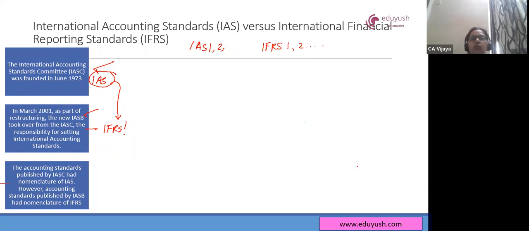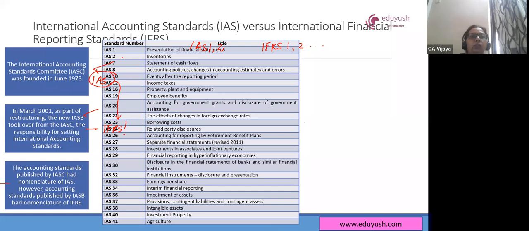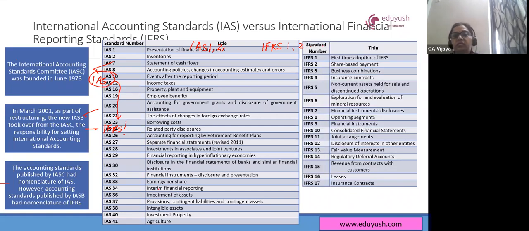So that is why today you will notice that we have accounting standards IAS 1, 2, 7, 8, 10, 12, 16, and so on, right up to 41. And we have IFRS right up to 17. So if I take IFRS 16 Leases, earlier there was an IAS 17 Leases, but that went redundant. So now we have IFRS 16 Leases. Like that, you will notice that topics don't get repeated. You will get an accounting standard exclusively on one topic, either under IAS or under IFRS. All right.